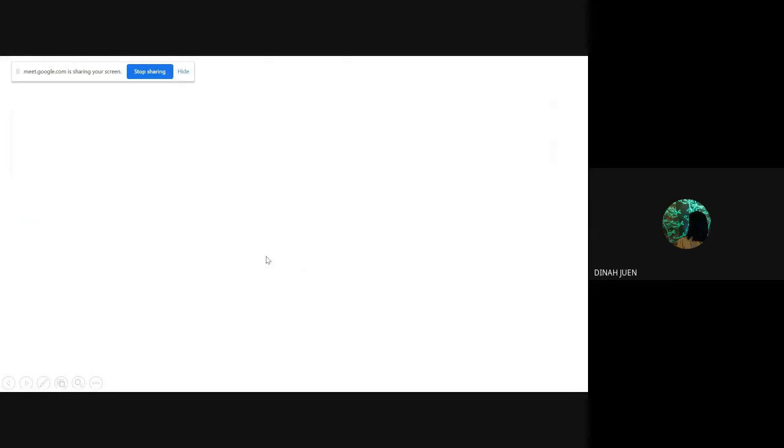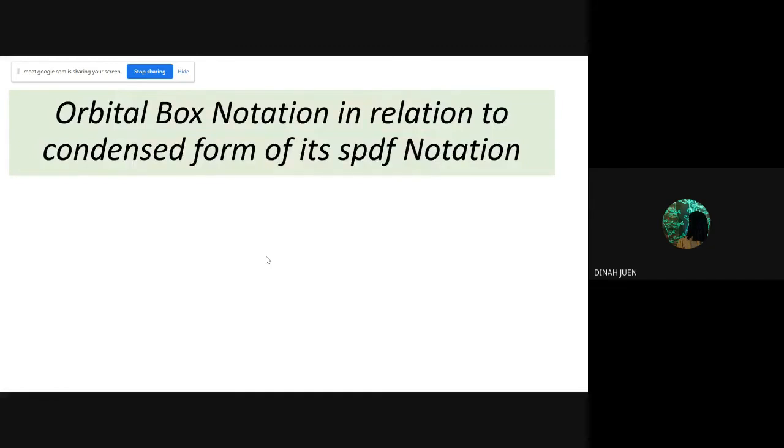So let's do it. Let's first do the orbital box notation in relation to the condensed form of its SPDF notation. We know for a fact that we use the noble gas krypton as the isoelectronic of rubidium. If you make an orbital box notation for krypton, it will be too long. That's why you can write krypton only. Then the remaining ones are the ones that you will have boxes for. It depends on the number of